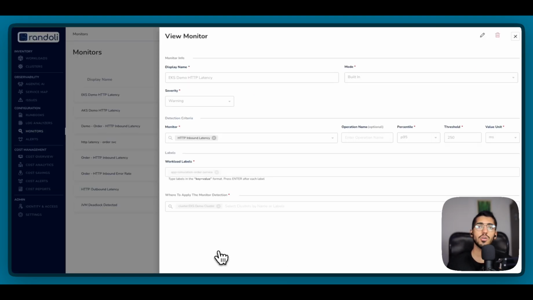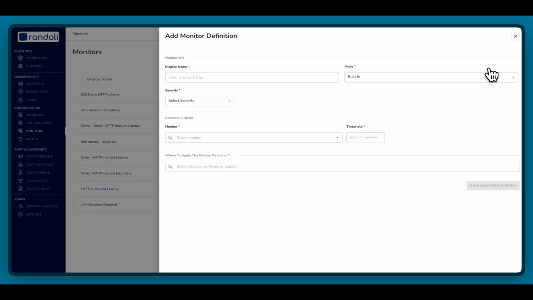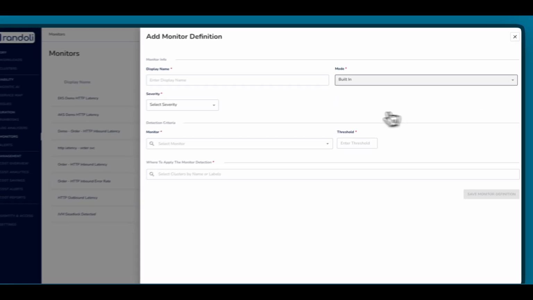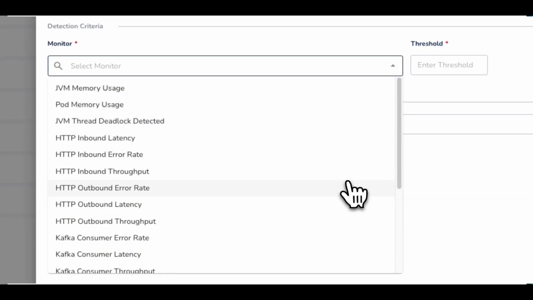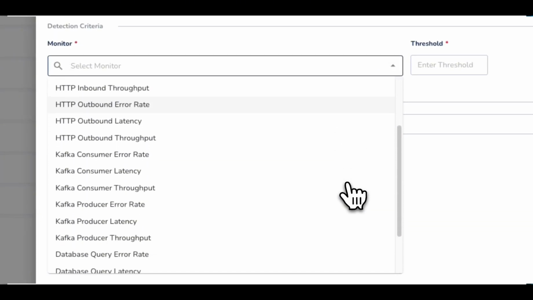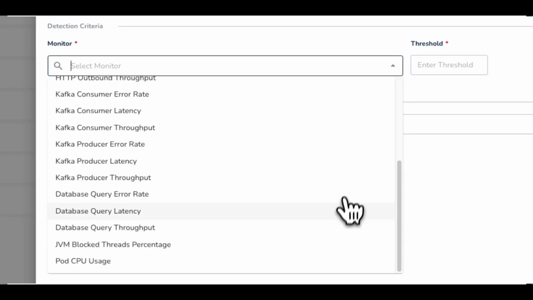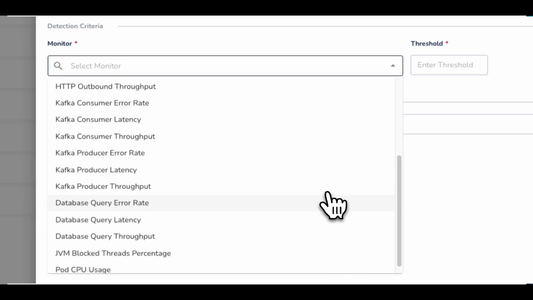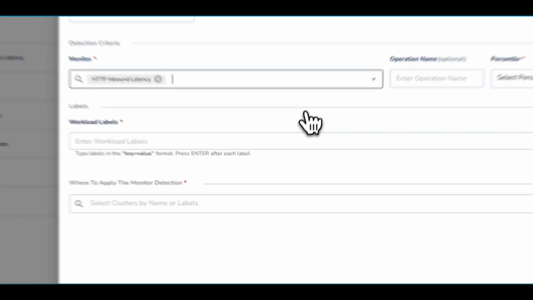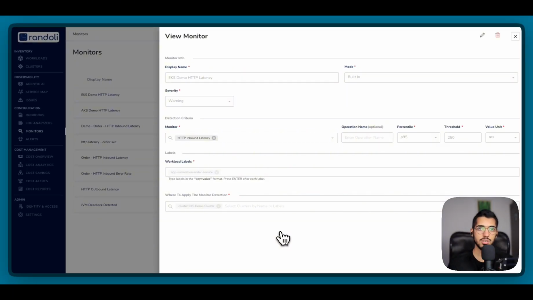Now, as an SRE or a DevOps engineer, you might be interested to track key metrics of a specific workload and maybe get alerted when it reaches a certain threshold. Monitors in Randoli help you to address this by giving you out-of-the-box metric checks for common patterns such as memory usage, RED metrics for HTTP traffic, database queries, Kafka throughput, and much more. This reduces the operational overhead of building these alerts from scratch and helps in ensuring that all the critical workloads